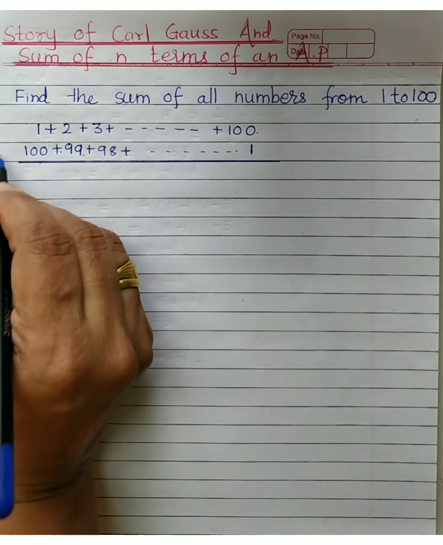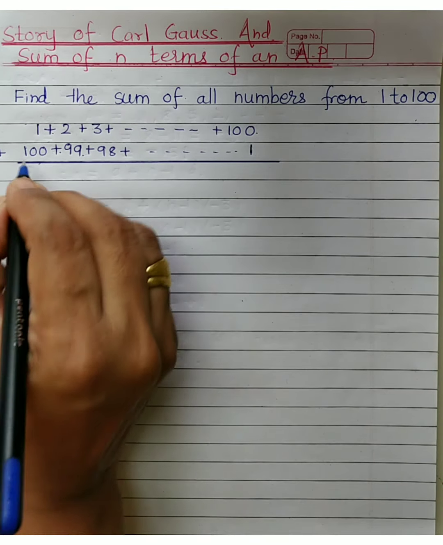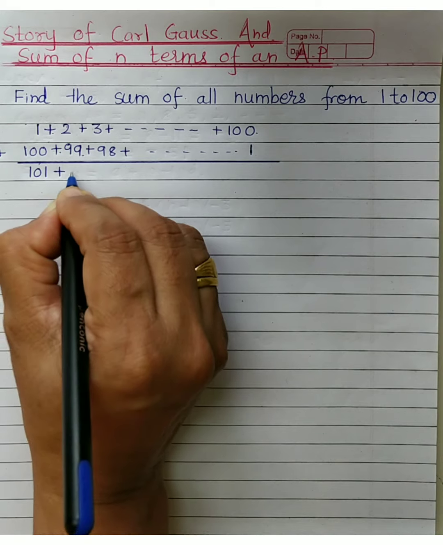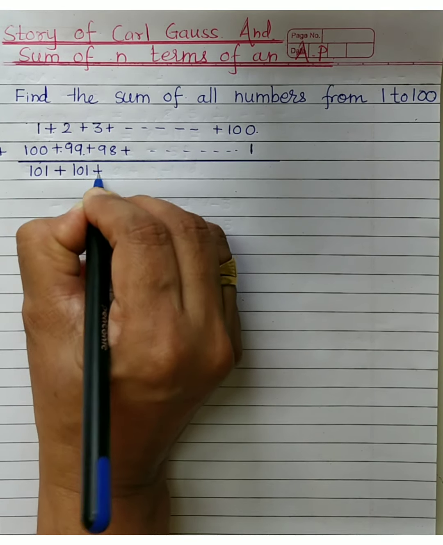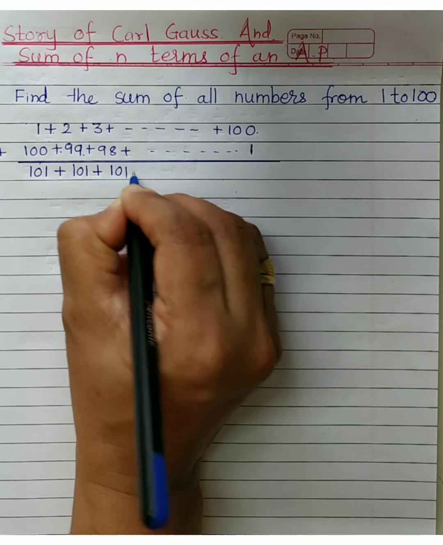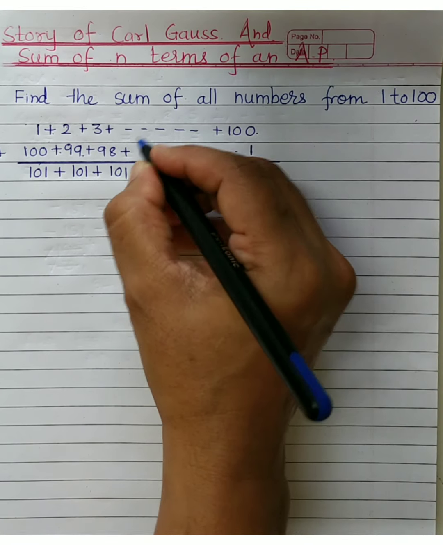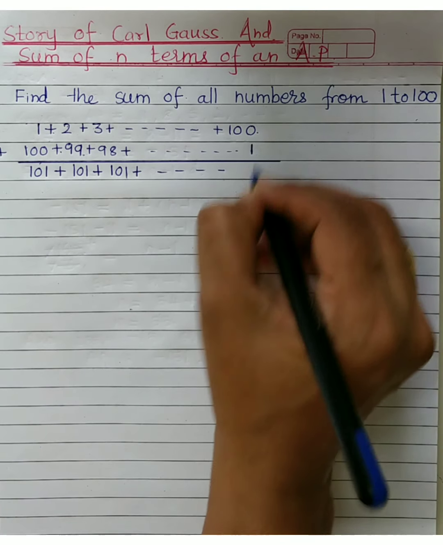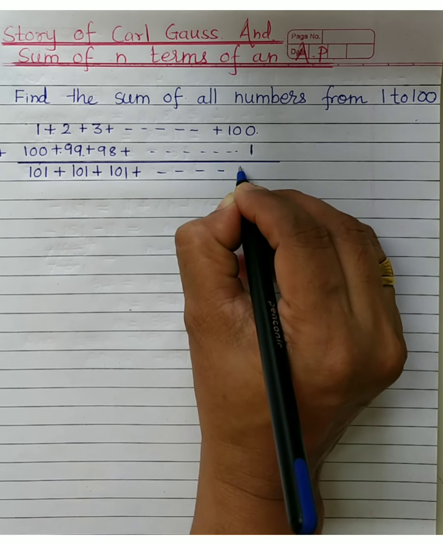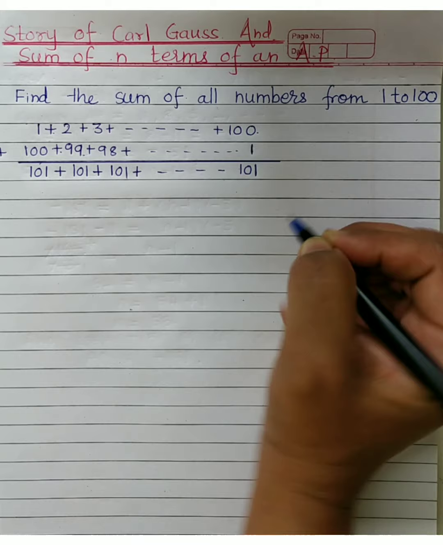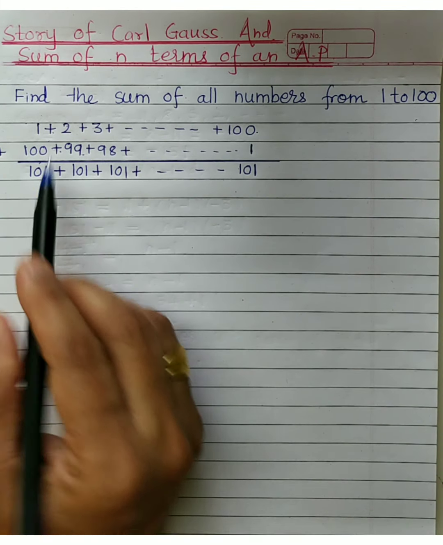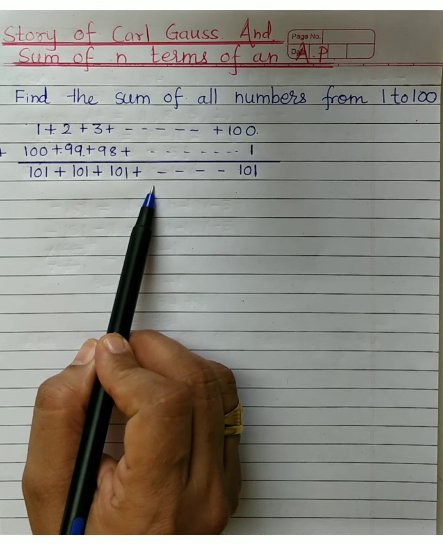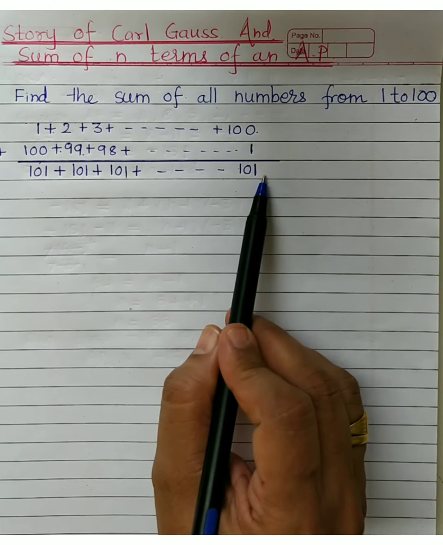1 plus 100. Term wise, 1 plus 100, what is the answer? 101. 2 plus 99, 101. 3 plus 98, yes. Like this way you can imagine 4 plus 97, all the terms would add up 101, and last again will be what? 100 plus 1, 101. So what Gauss did, instead of adding all these numbers, a single number 101, how many times it is added? 100 times, correct na?